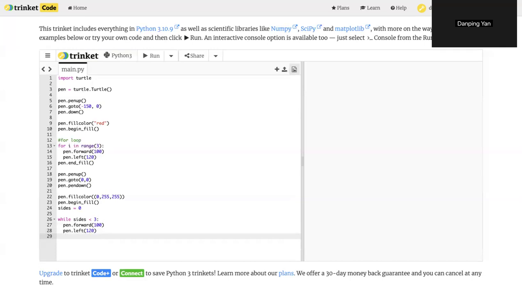And importantly, we need to increase the size by 1 each time through the loop, or otherwise it could become an infinite loop, which means it will continue running and the program will never end. This time we want to end our fill, and that's it for our